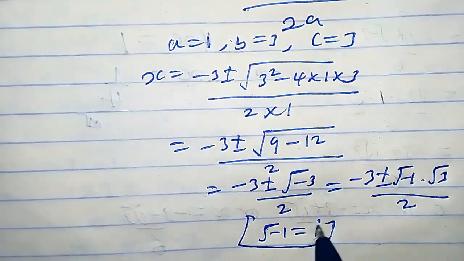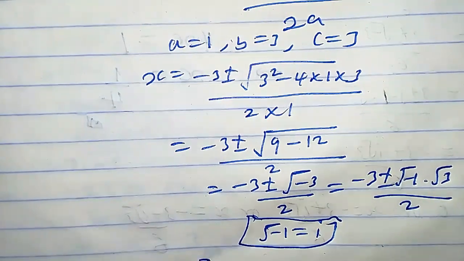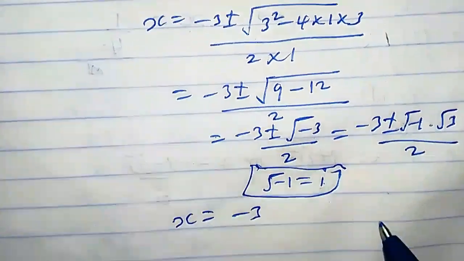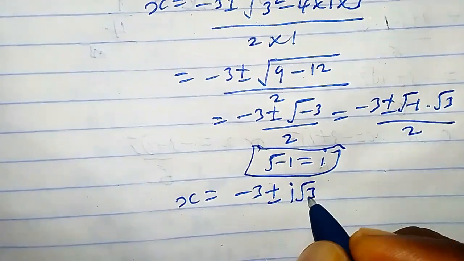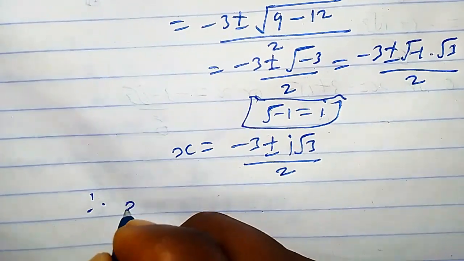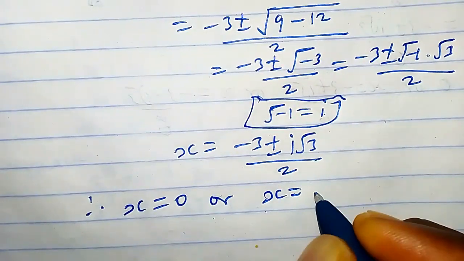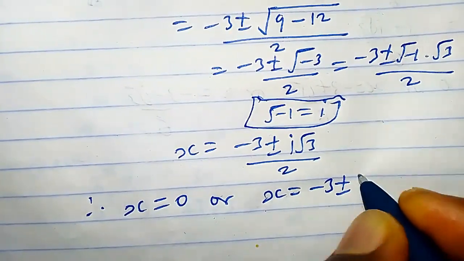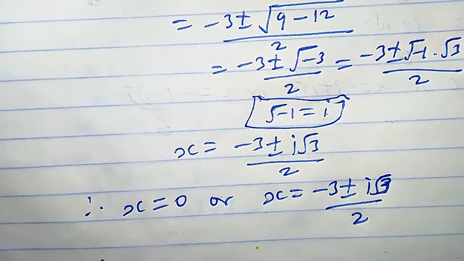So we have to keep this in mind. It's from the complex roots. So we are going to replace square root of minus 1 with i. So we're going to have x equals minus 3 plus or minus i times square root of 3 over 2, which is the second solution. Therefore, the value of x equals 0, or x equals minus 3 plus or minus i times square root of 3 over 2, which can also be written as